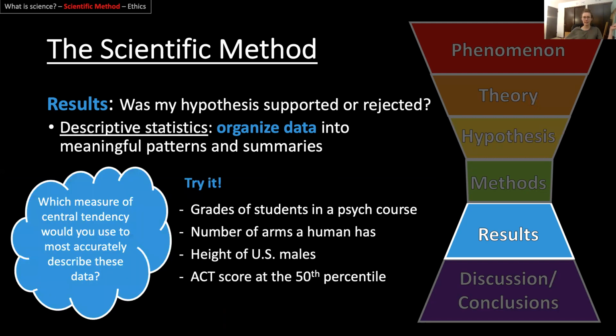But let's ask ourselves, when would you use each of these? Why, like, when is it beneficial to tell someone the average versus the mode, that kind of thing? So let's go through these 4 examples, and I want you to think about which measure of central tendency, mean, median, or mode, would you use to most accurately describe this data? What's more helpful for you if you were told descriptive statistics about this data set? So pause, take a second, think about this.